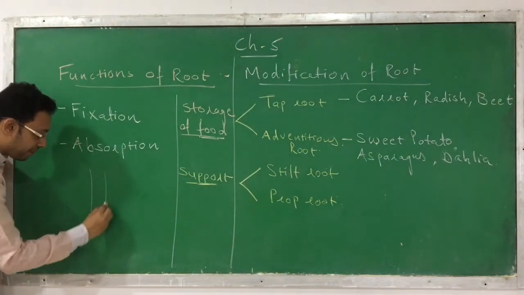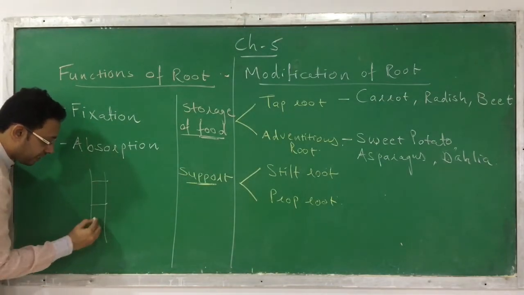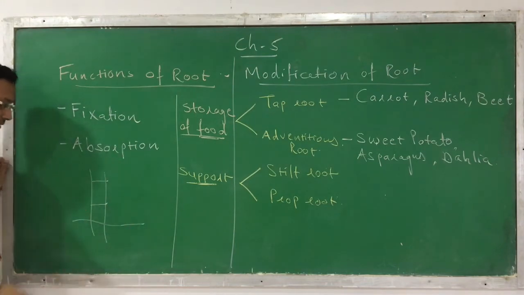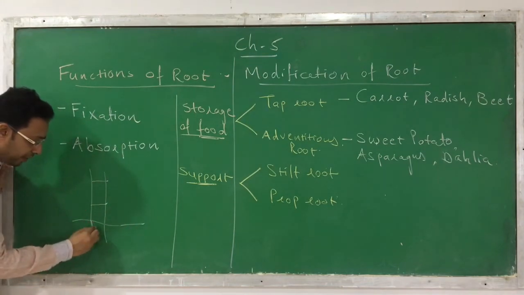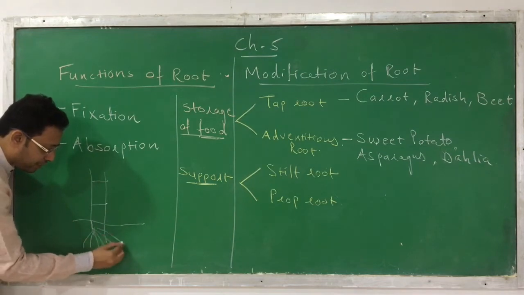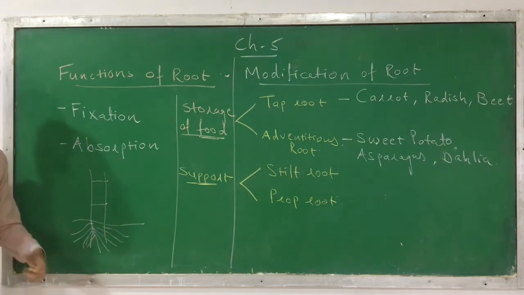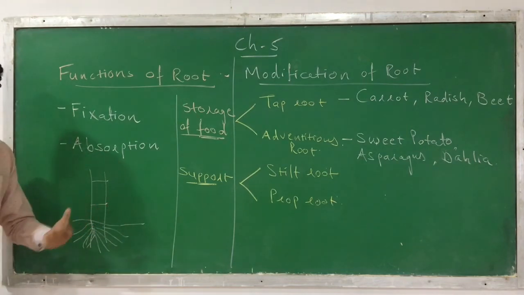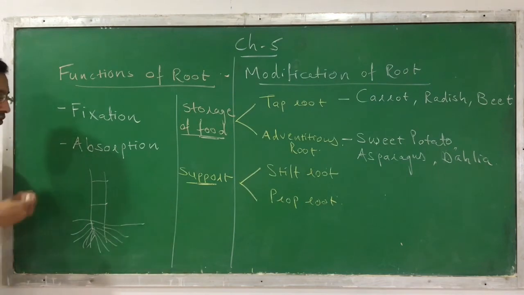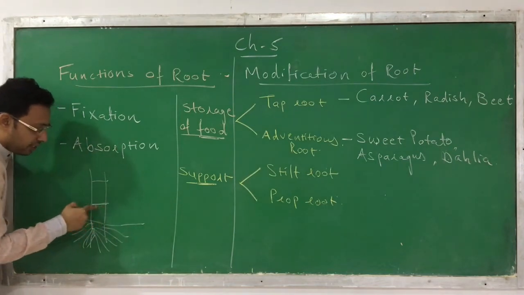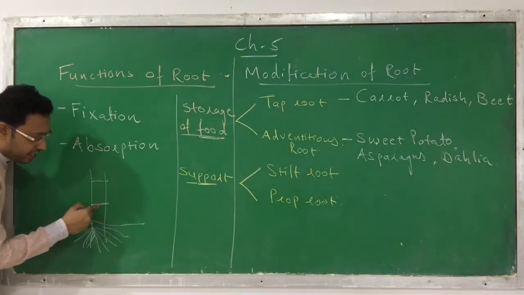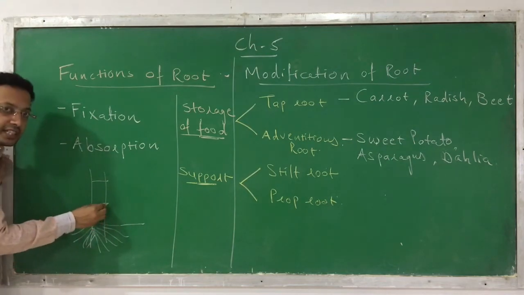Suppose this is a maize. In the maize, these are the nodes, internodes, and this is the ground level. Now maize is a monopodial plant, so here the adventitious roots are present like this. You know that these adventitious roots are not strong, they are weaker in nature. But here in the maize, it has a lot of weight. So what happens? In the maize, the node which is present nearer to the ground,